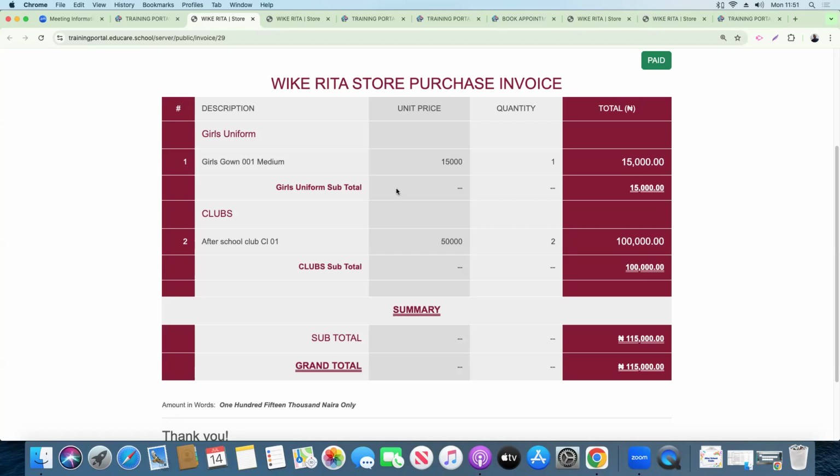Please, Maureen, I think this is a question from Olasukomi. Please, in a case where a parent paid for a school uniform size 32 and the student says it is size 30, how can we post it or change it on the store inventory template? Okay, so what you need to do at this point is